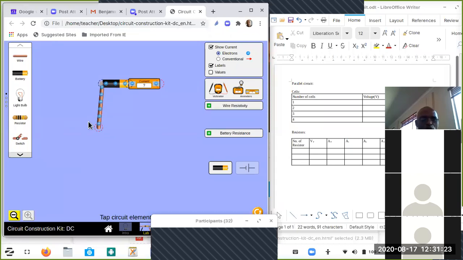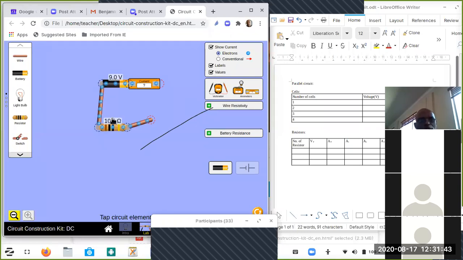So I'm going to make use of a resistor here. Remember, a resistor is any circuit component that consumes electricity, or converts electrical energy to other forms of energy. Right. So please take note of the